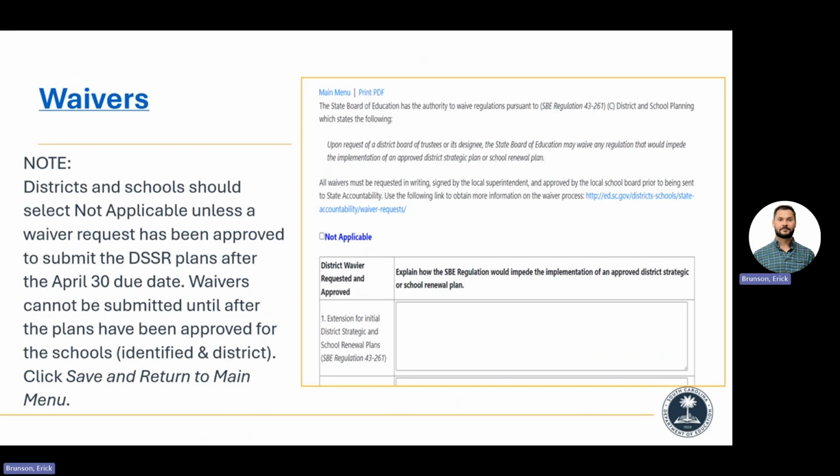And then once your plan is approved, then you can use what we call Formstack still, or has that changed? No, it's still the same. Okay, we'll use that link for Formstack to go in and submit your waivers. But as for this particular plan and this particular portion of it, your waiver should not be in there.